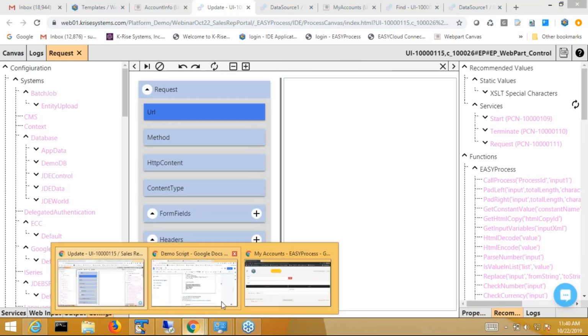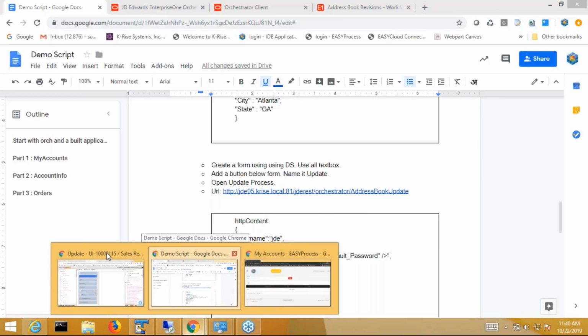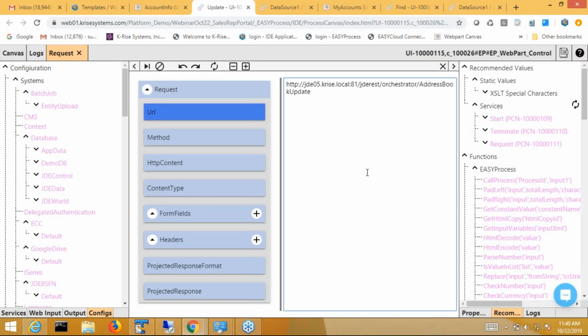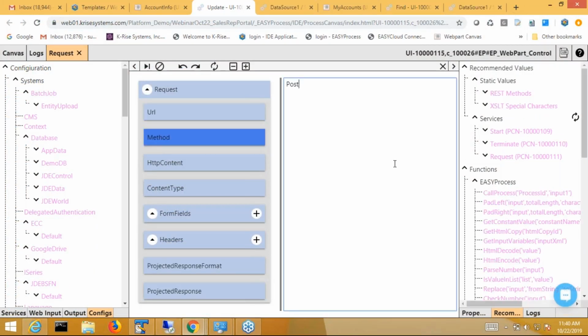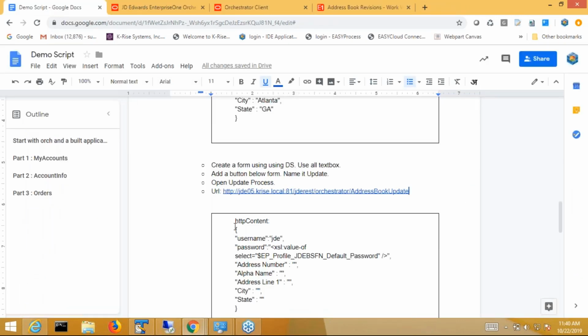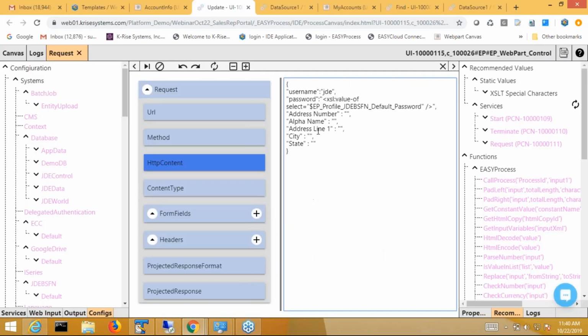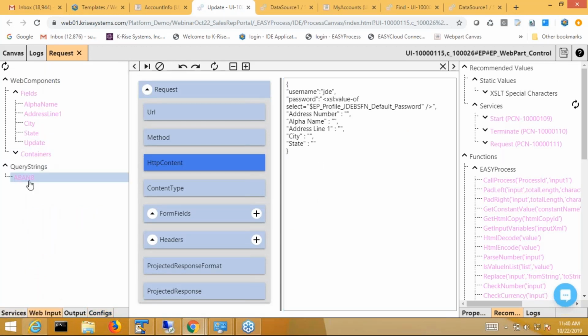So again, you can copy everything from your orchestrator test runs, but I'm going to just use it from my prep data. So I'm going to copy the URL here. The method is post. The HTTP content is going to be, you're going to pass basically all the data that you want to update. So here again, the address number is going to be the address number that I got from